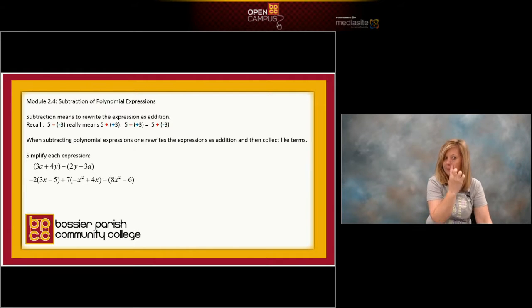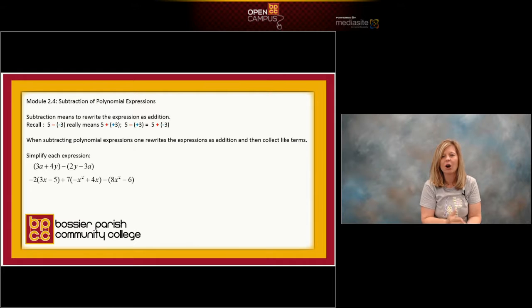So if you look at your PowerPoint, my first expression is 5 minus negative 3. Technically speaking, ladies and gentlemen, that statement doesn't make any sense. And think about it going back to the number line. If we had a number line in front of us, we would start at 5 because that's our first number. We know minus means to go to the left. So we'd start at 5 and we would go to the left. But people, can you go to the left negative 3 positions? No, you cannot.